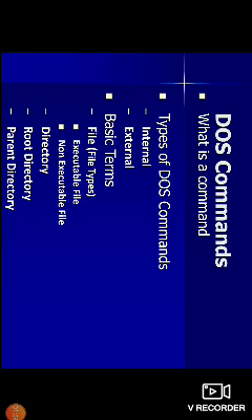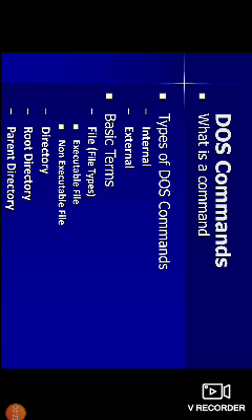So first, how to open MS-DOS? First, as usual, we have to click on the start button, type CMD and press the enter key. Now the command prompt window appears. In the second method, first click on the start button and then select run, and now the run dialog box appears. After that, type CMD and press the enter key. Now the command prompt appears.